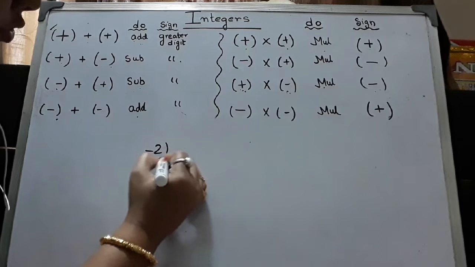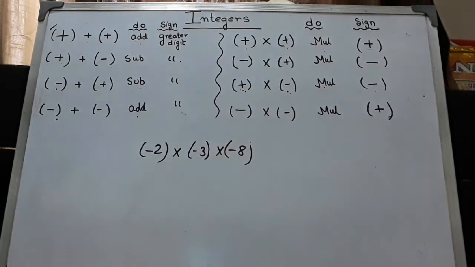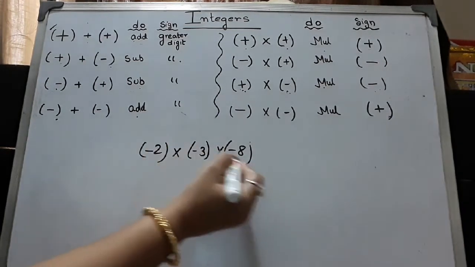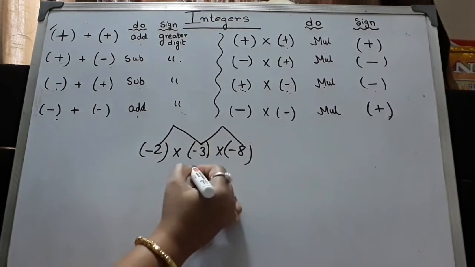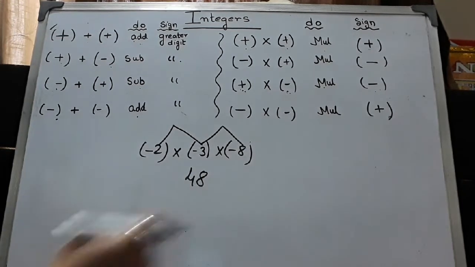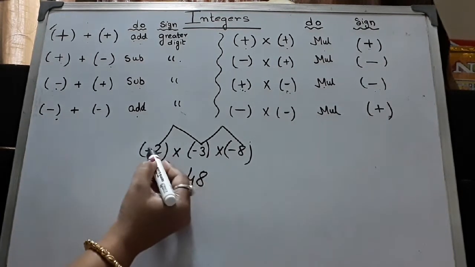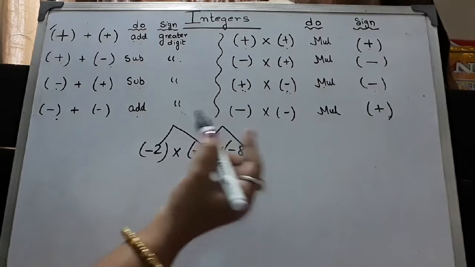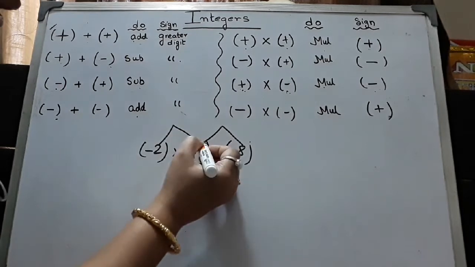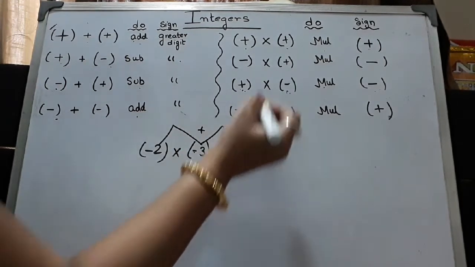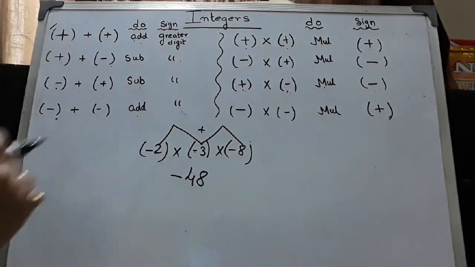Suppose I am taking minus 2 into minus 3 into minus 8. What to do? First you multiply all, okay. 2 into 3 is 6, 6 into 8 is 48. Multiply it. You can use your rough to do the multiplication if the digits are bigger numbers. Now, minus into minus is plus, minus into minus is plus, and then this 2 is plus, again plus into minus is minus. Bit tricky, right? No need of thinking so much.